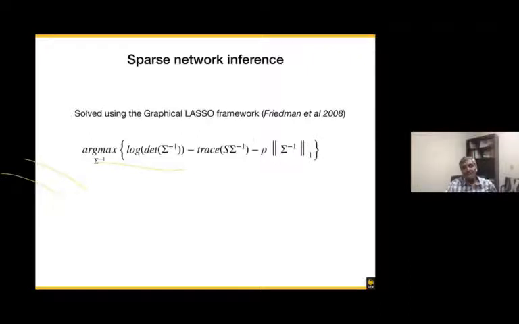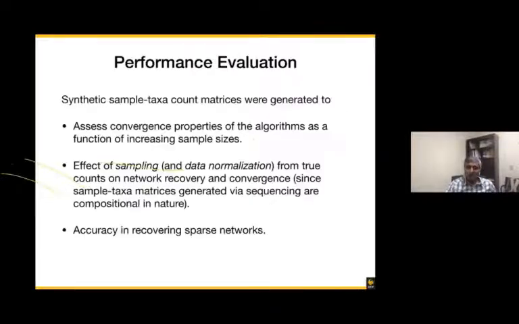We also treat this in a sparse network framework. That is, we can solve this using a graphical lasso framework. So we had to extend that approach to deal with this mixture modeling problem. Okay, and so essentially, we evaluated the performance of this method under different situations,